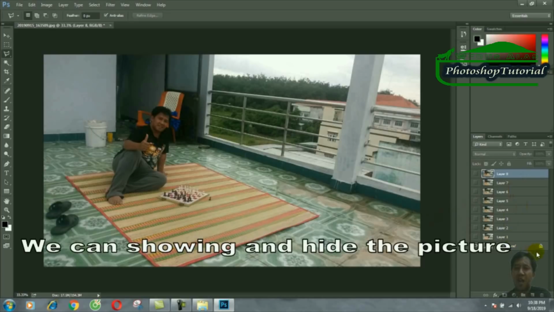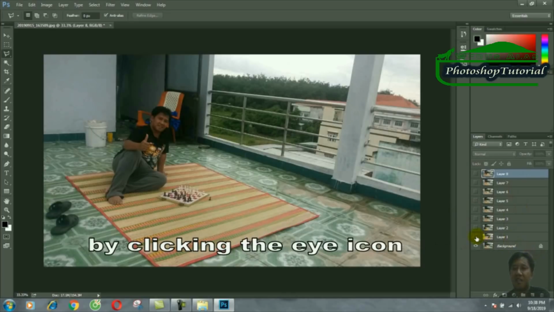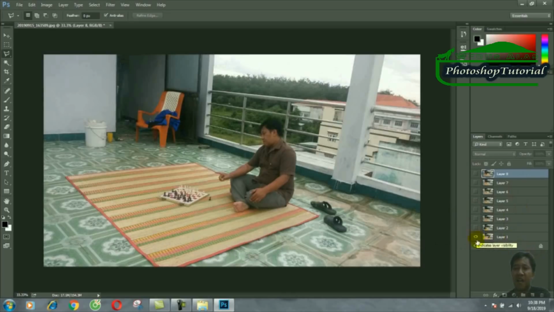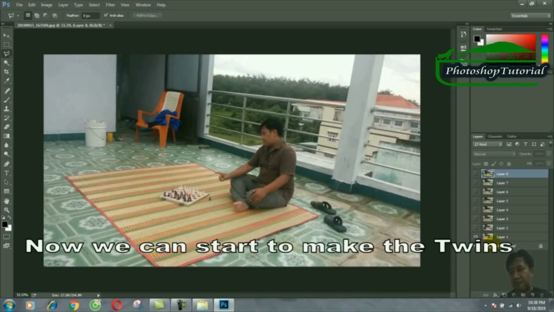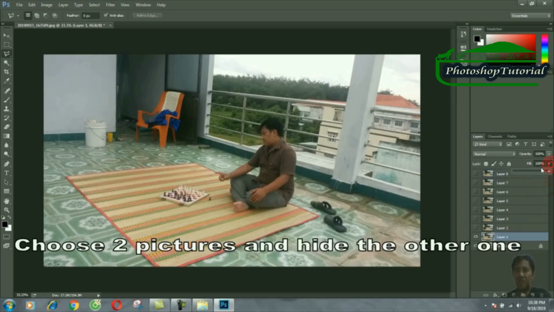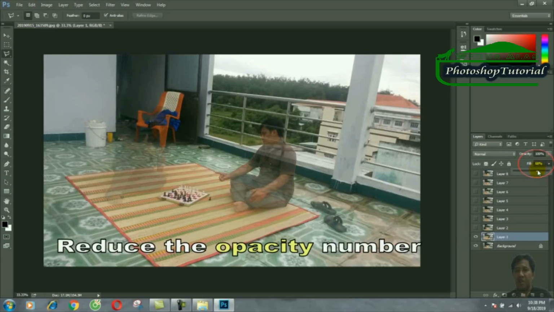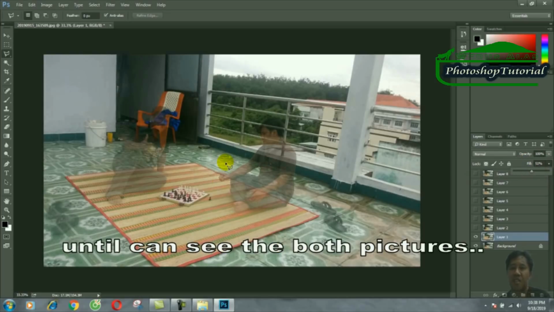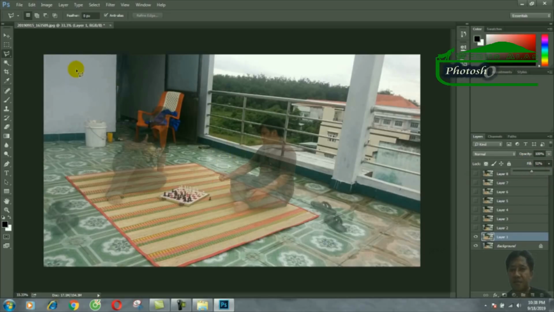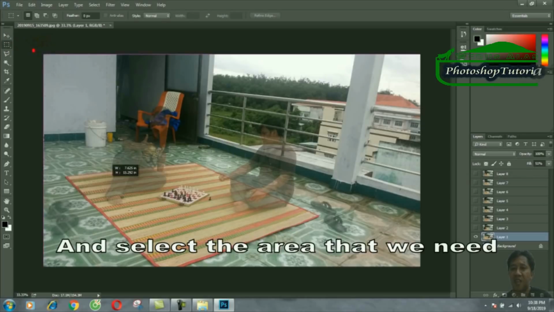We can show and hide the picture by clicking the eye icon. Now we can start to make the twin. Choose two pictures and hide the other ones. Reduce the opacity number until you can see both pictures, and select the area that we need